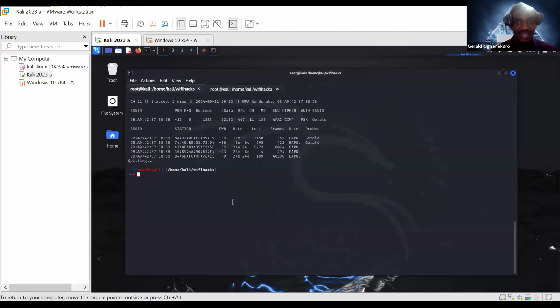Then I use a different tool, which will be aircrack-ng. So aircrack-ng is going to go ahead to crack the password that I have captured. So that I could save time, this command here is just identifying the word list that I'll be using for this hack, while this one here is the directory where the file I have captured is saved. So you see, we are currently in home Kali Wi-Fi hacks, and the file is going to be